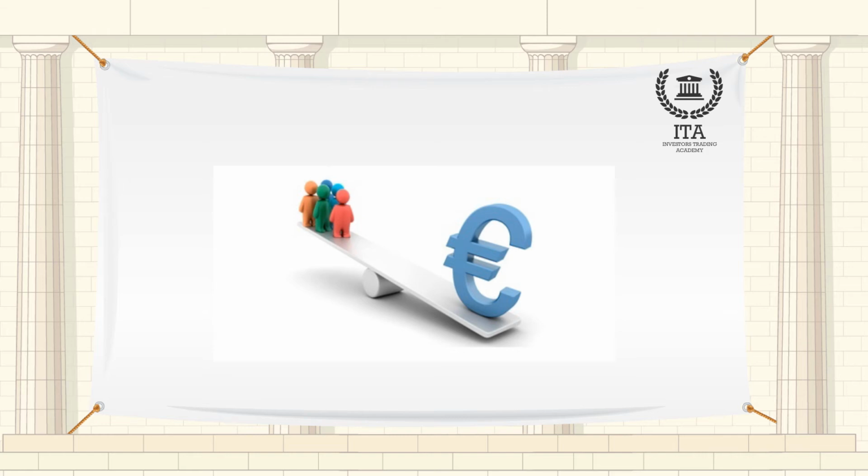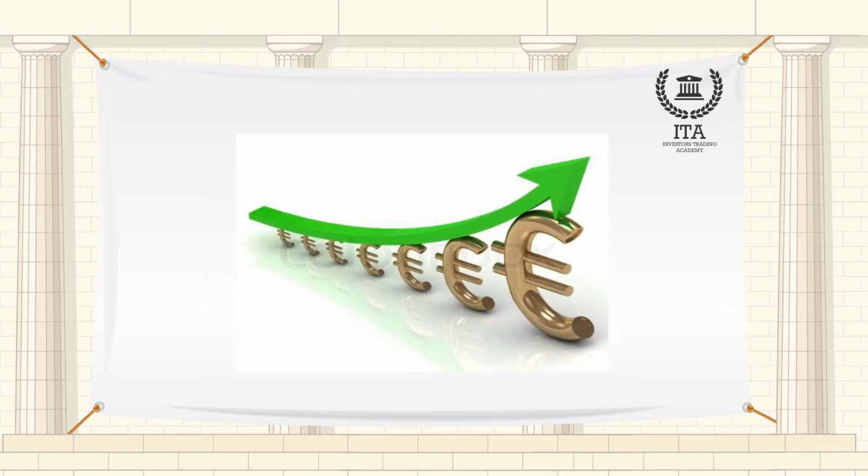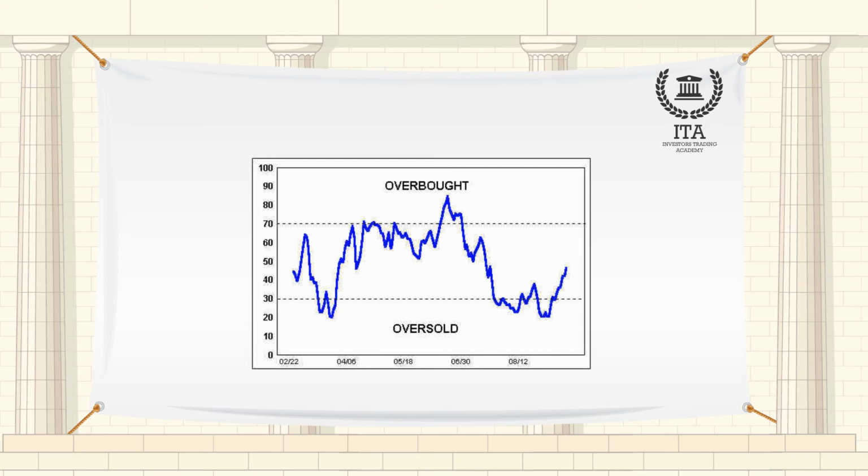Besides, oscillators are also used to detect imbalances in the market. For example, if the price is rising too quickly, the oscillator reaches a level at which the market is considered overbought. At this level, the price is rising too quickly compared to the previous periods. It's highly probable that such a steep rise will be followed by a short-term price correction, or at least by a loss of momentum in the trend that will restrict the price rise for some time.